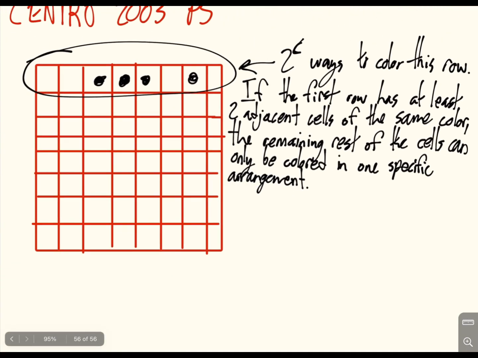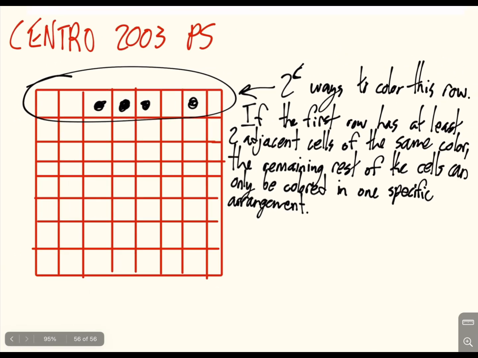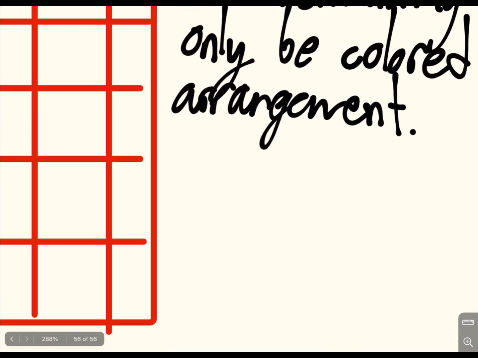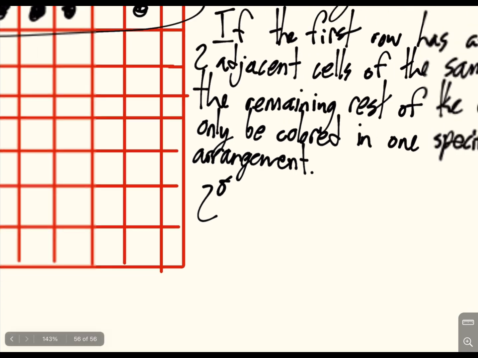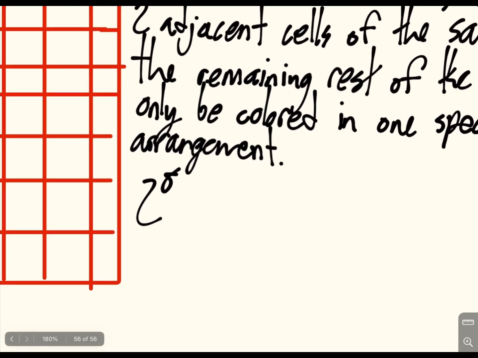So this is what I'm trying to say. If the first row has at least two adjacent cells of the same color, then the remaining cells can only be colored in one specific arrangement. So if there are 2 to the 8 ways to color this row, then there'd be 2 to the 8 possible ways to arrange the grid, is what I would say, but we haven't considered one other case. Let's write this down though, because in total there'd be 2 to the 8 ways to fill out the grid,